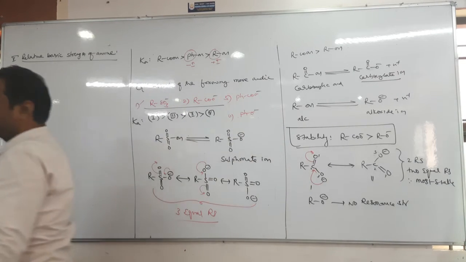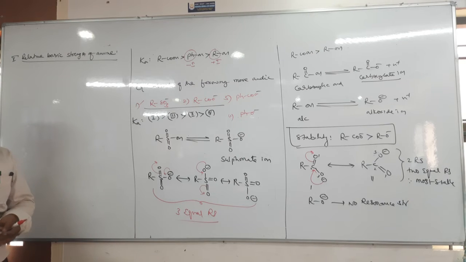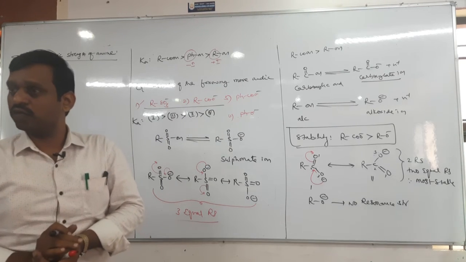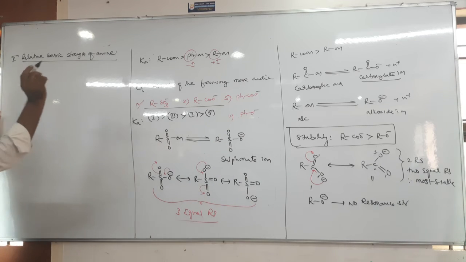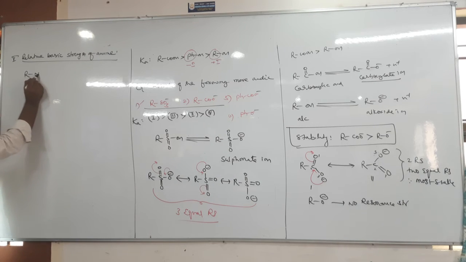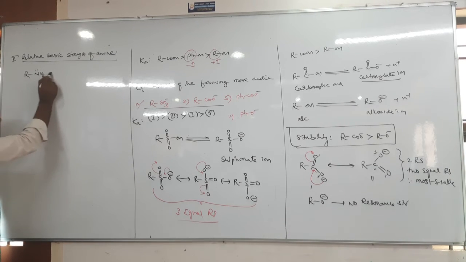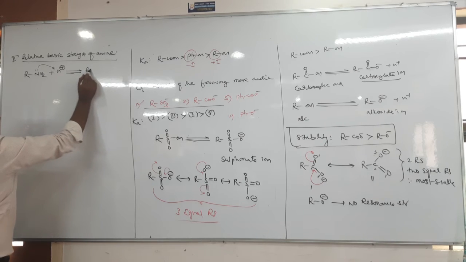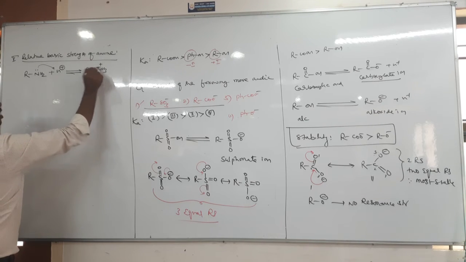Okay, quickly tell me, amines are basic in nature. It is due to the presence of one or more lone pairs of electrons, and they are capable of donating the lone pair of electrons to what? H plus ion. Yes or no? For example, let us take RNH2. It is an amine, primary amine. In all amines there is one lone pair, right? The lone pair is present where? On the nitrogen atom. So that nitrogen lone pair is donated to H plus, so that it forms what? RNH2 becomes RNH3 plus.